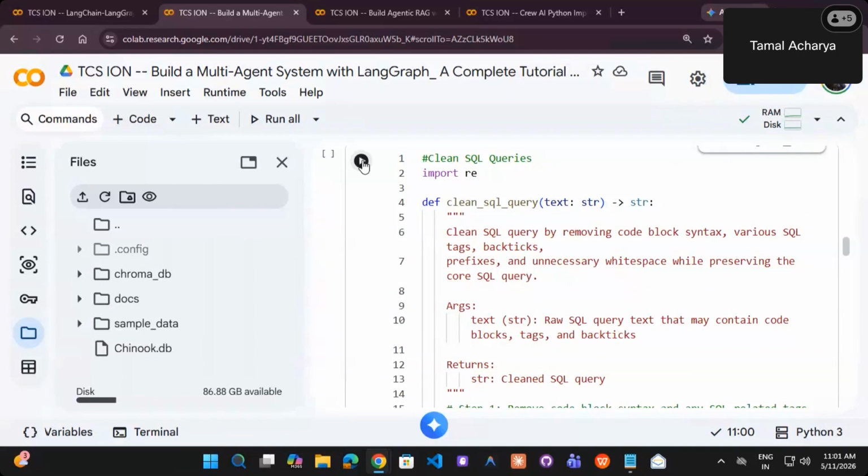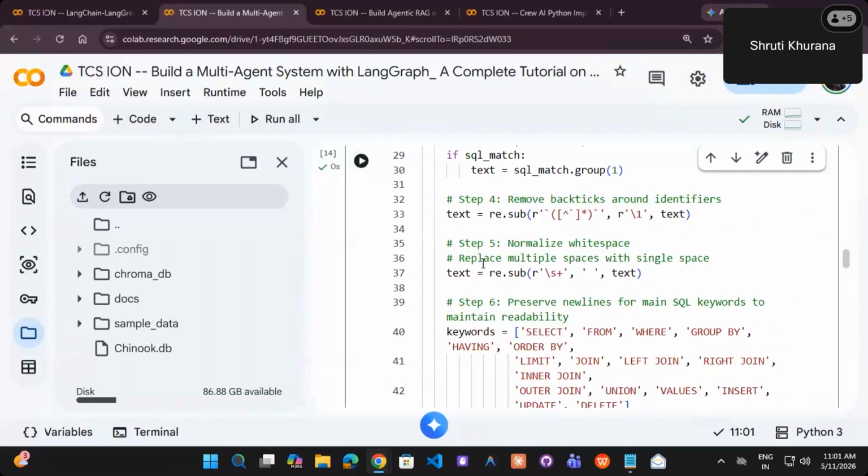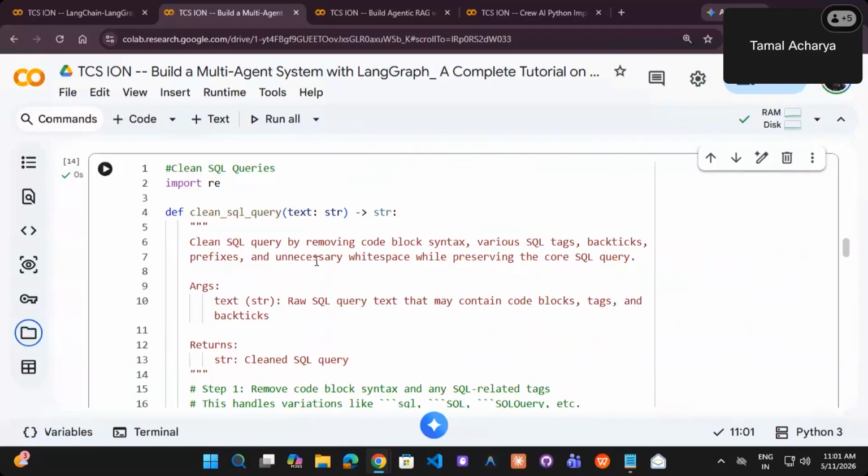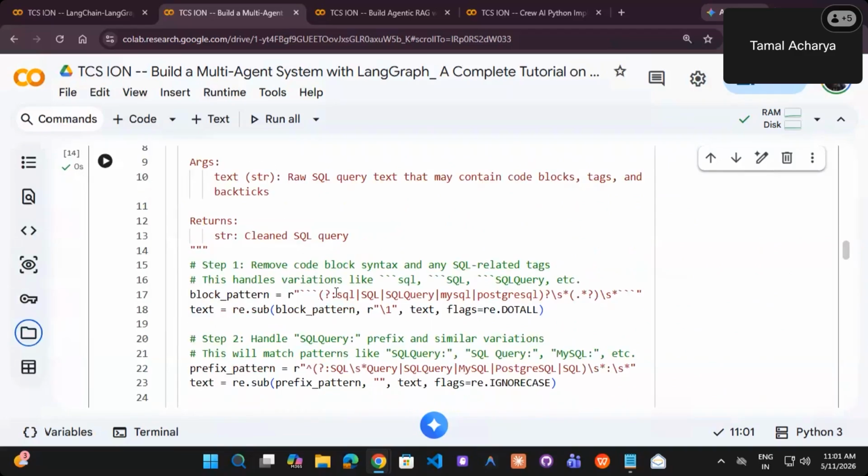So this clean SQL query block will just take the query. I'm writing it in a way that you don't have to write the query, but the agent will fetch all these things. Internally it will process like this, and then give you the result. So the agent is processing that SQL query and giving you the final result. You just ask the agent what you want to know, the agent will take that, process it, and give you the output. That's it. And for defining some of the blocks, you have to write like this, in a regex format,